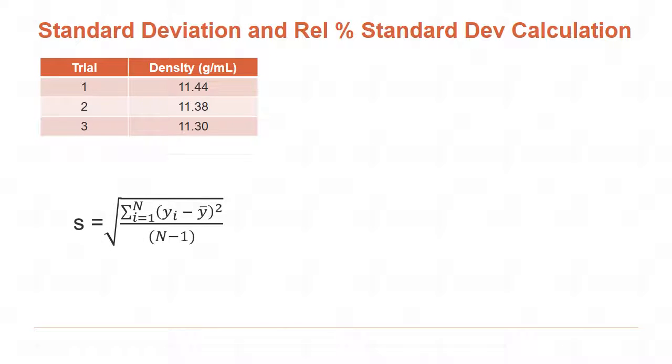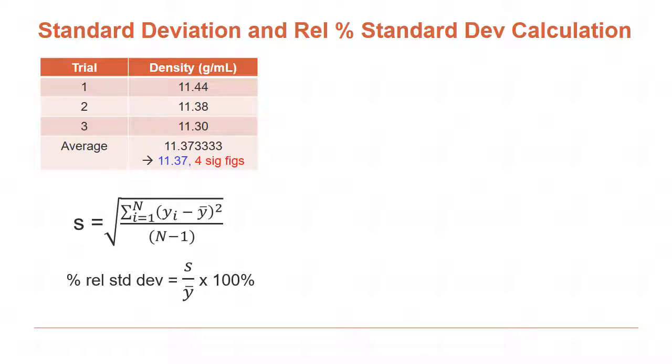There's the standard deviation equation, and now the percent relative standard deviation is simply the standard deviation divided by the average times 100%. Okay, let's start with the standard deviation first. So what I need is my average. The average of that data is